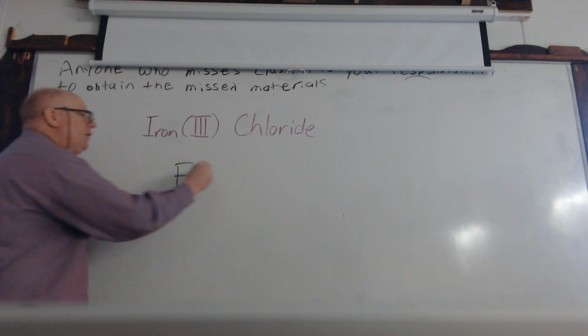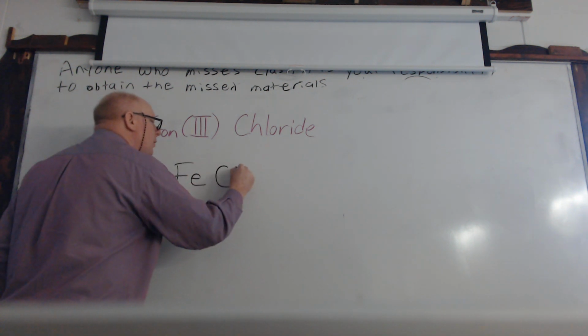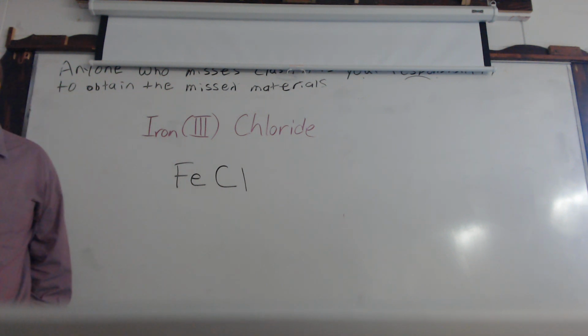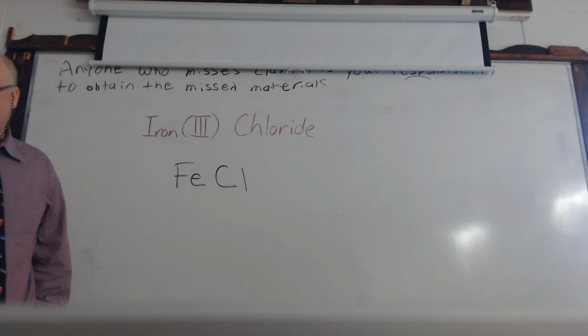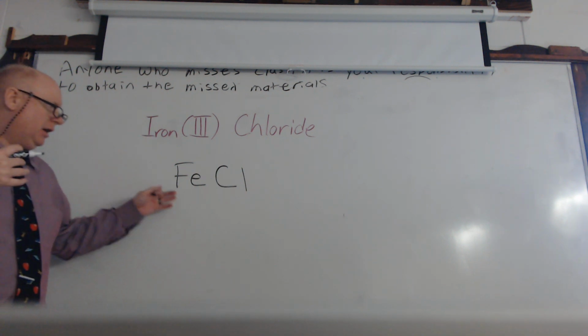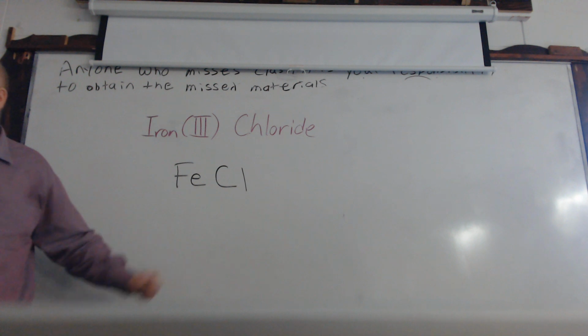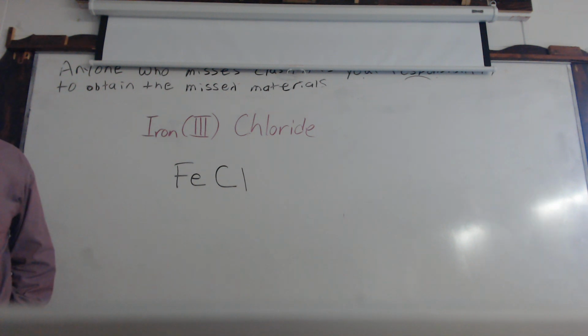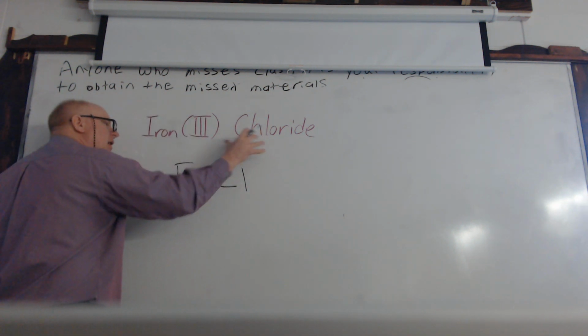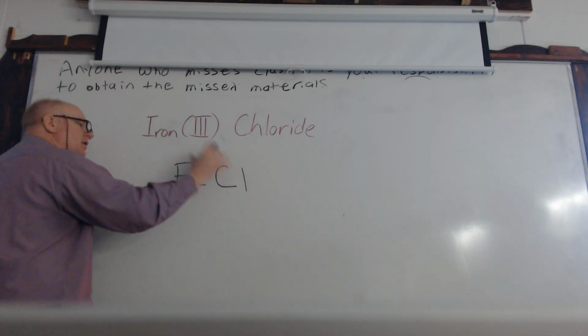So this is why we always say start with your negative ions, and that means the element or elements that have a negative charge. Of these two, which one has a negative charge? Chlorine does, or Cl. But once it forms an ion, that's why it's not iron 3 chlorine, it's iron 3